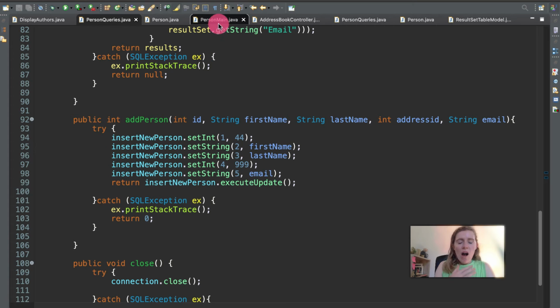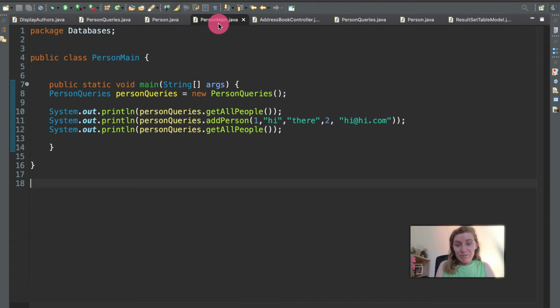Where do we go? To person main. This is where we're going to add the person. We're going to type in our information. You can get input from the user on the console, or as I said, you can use FXML as well. Today we're just going to use a simple